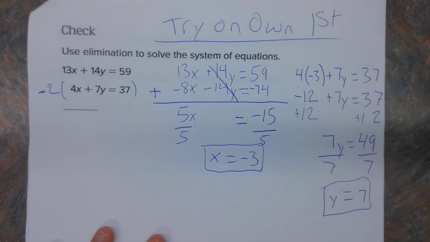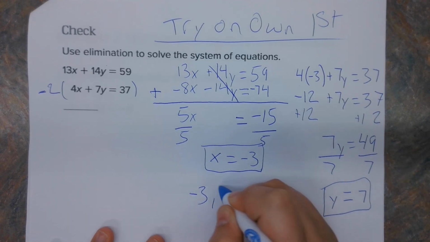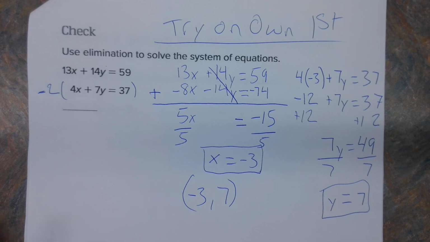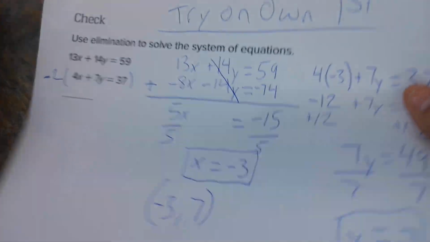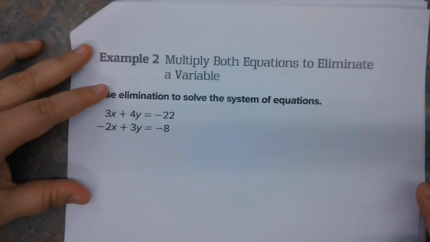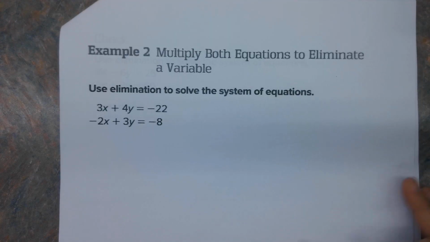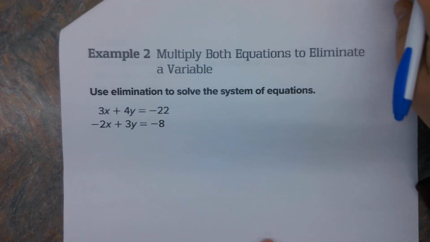Remember, it's x comma y, so I have negative 3 comma 7. Okay? Now we're going to go on to example 2. In this one, they try to trick you. Okay? So let's look. Remember, I'm trying to find one equation that I can multiply to make them both the